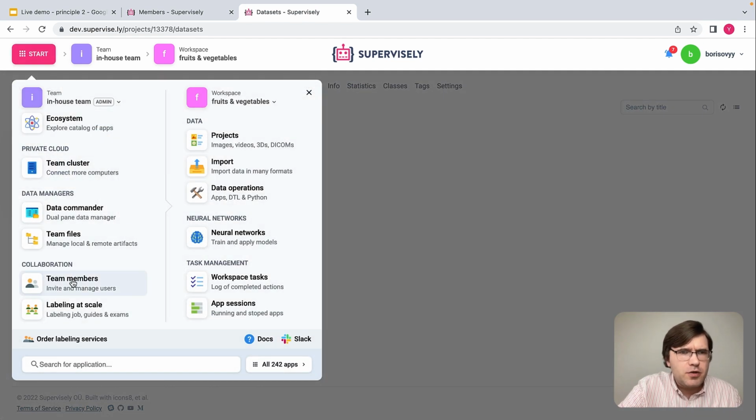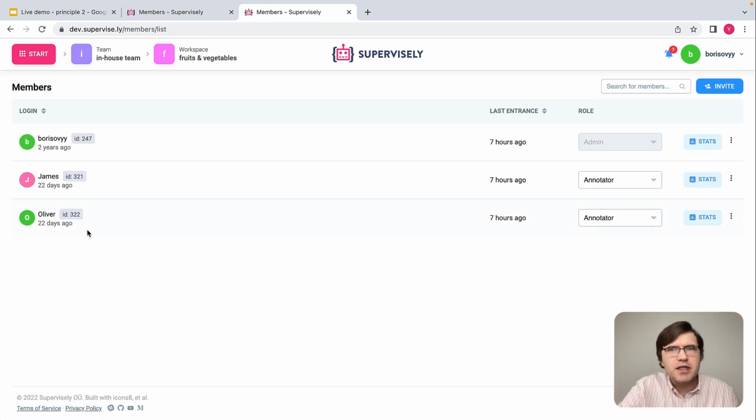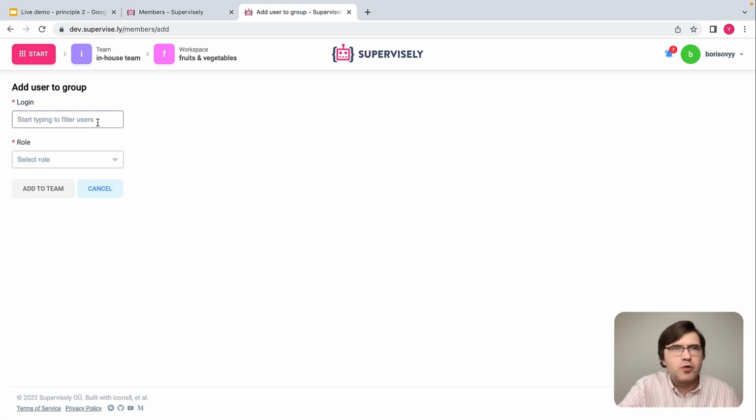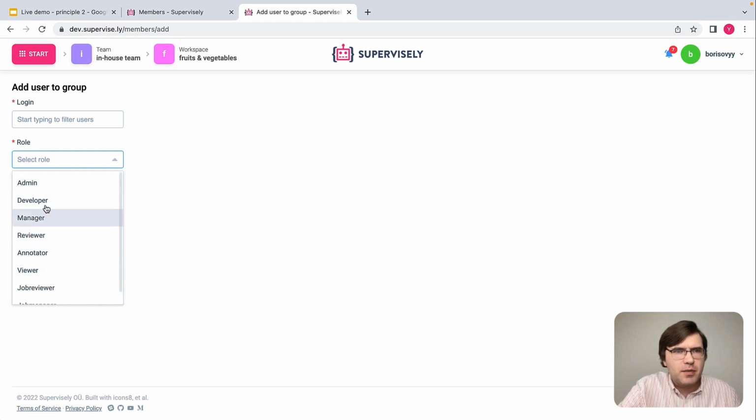If I click Start and go to Team Members, I will see 3 team members here. That is myself, Boris YY, and I have an admin role here. I also have James and Oliver in my team, who have an annotator role. I may invite more team members by clicking this Invite button, putting the name of the login here, and picking